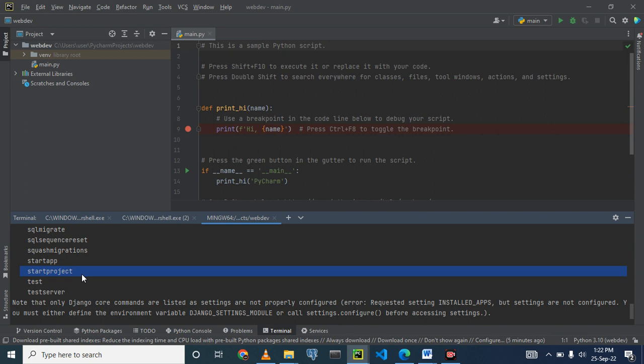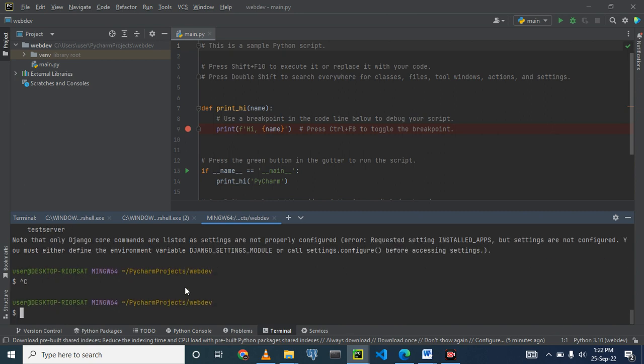So for us to create a Django project, what do we do? This is what we are going to do. First of all, let's come out of this terminal, and we come out of the terminal by pressing Ctrl C, and we are out of the terminal now. Then we create the Django project. How do we create that? We write like this: